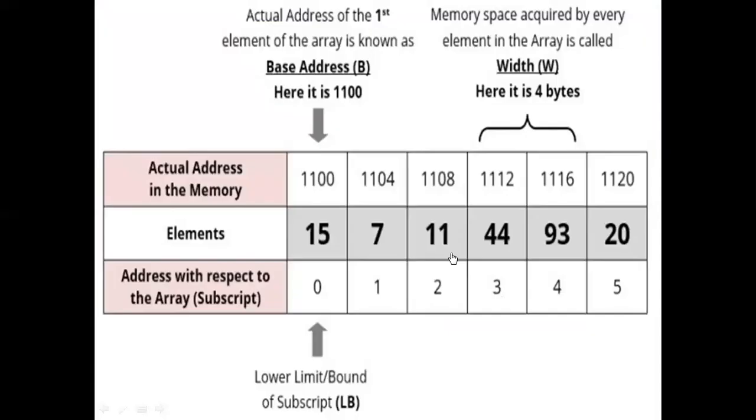Look at that array. What will be the address? 1108 will be the address. So that we already calculated here, it is correct. Now we will see whether we can calculate for the fifth element, whether we are getting A of 5 as 1120 or not.